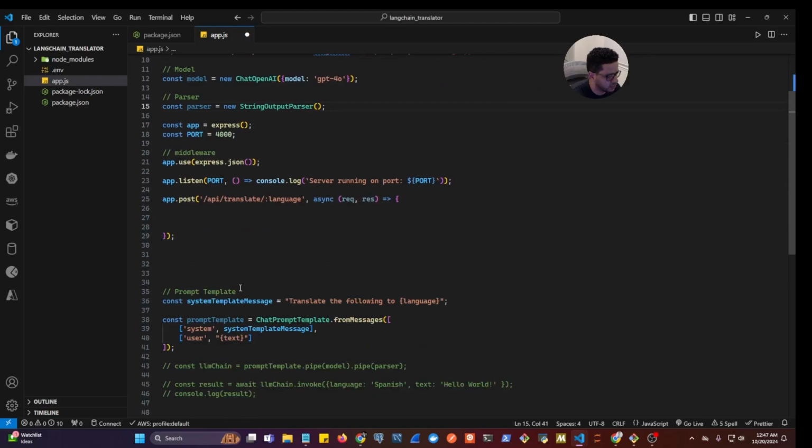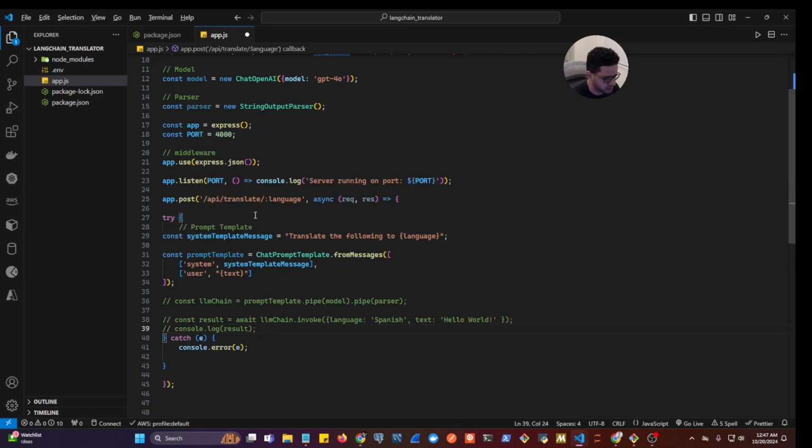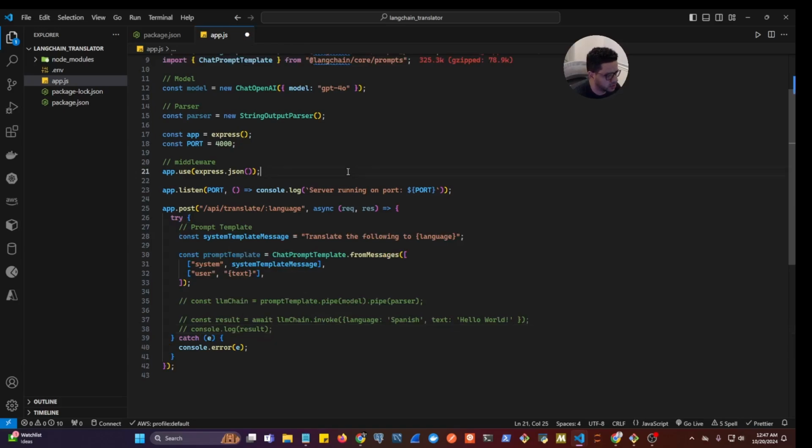Then we have this prompt here. So all these lines, let's just grab all this and put it inside here. Let's have a try catch in here, and let's put it inside of the try. Okay, that's